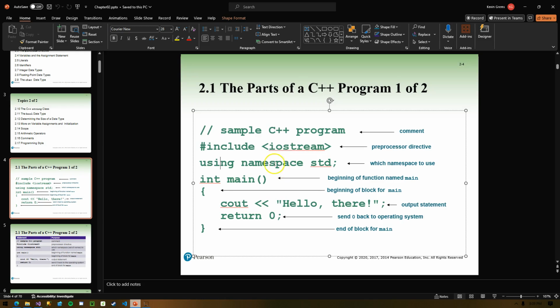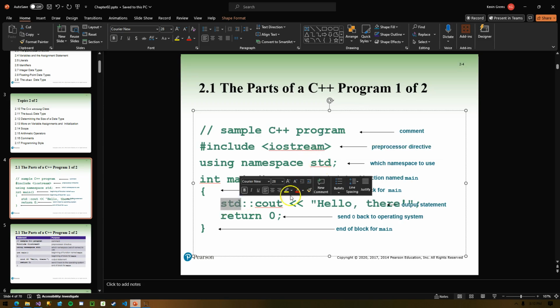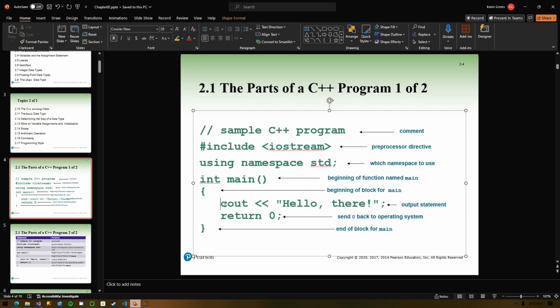Using namespace std: using is a keyword, namespace is a keyword. std is what's known as the standard namespace. Without getting into too much detail on that, you probably noticed, I think last week we saw an example of this, where we saw something like std::cout, followed by the angle brackets and the text we're printing out to the screen. Because we're including the standard namespace, you can see the code here matches. We include that standard namespace kind of as a shortcut, I guess, so that we can remove this requirement and just say cout.